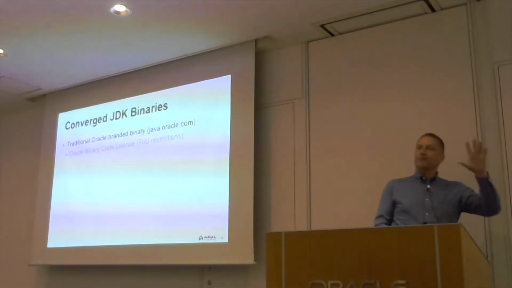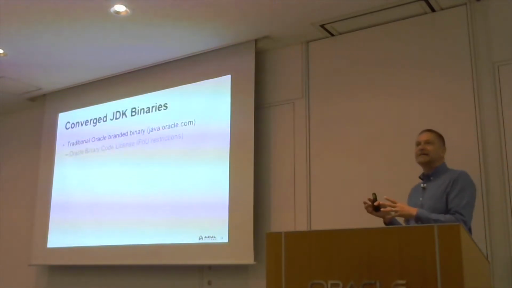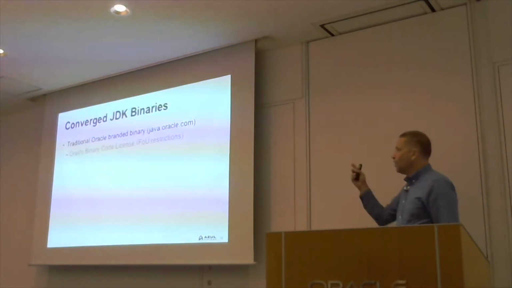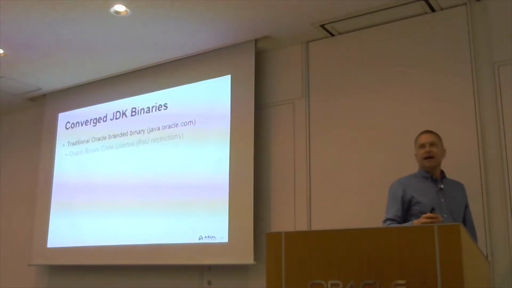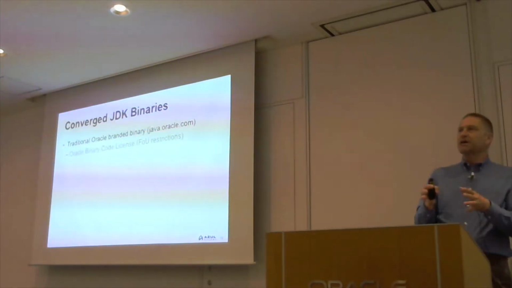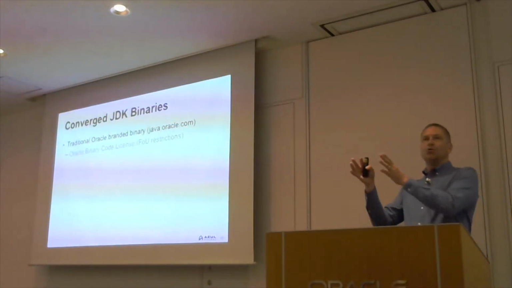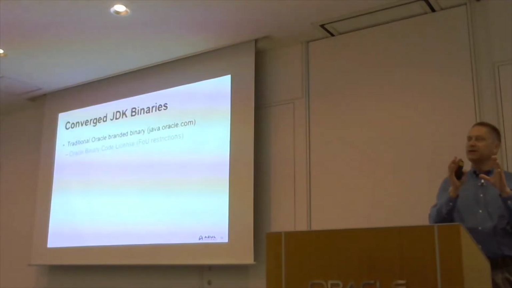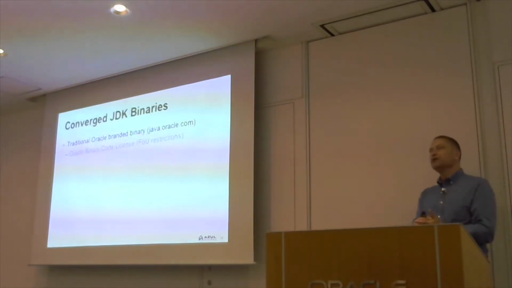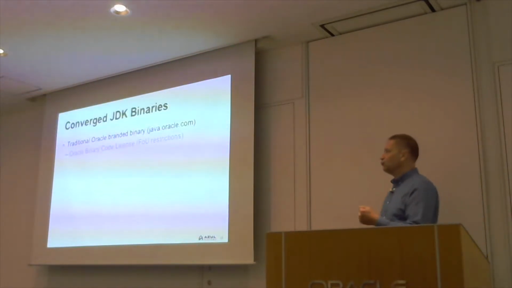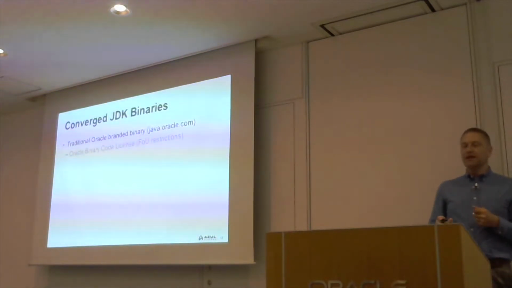Now, I don't know about you, but I've never read the Oracle binary code license for Java SE, but I do know that it has a couple of restrictions. One of those is called the field of use restriction. That dates back to the times of Sun, and it says if you want to use the JDK and the JVM for free, you can do it as long as it's on a desktop or a server. If you want to put it into an embedded device or a single purpose machine like a kiosk, then you need to negotiate a contract to use that. So this is the typical way that we've been used to getting our JDK.